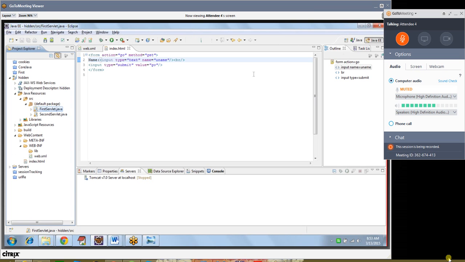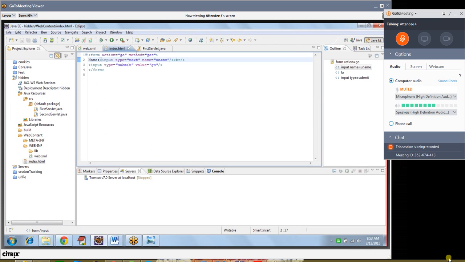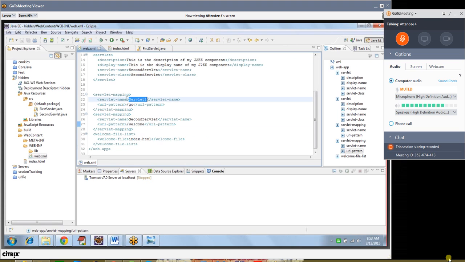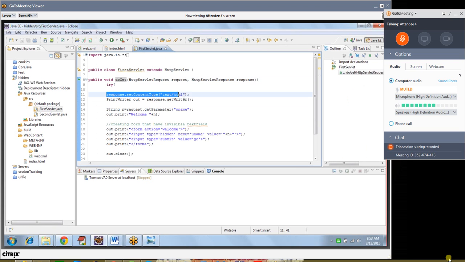So it is being displayed. So first time you come to index.html, you give your username and click on the submit button. It will take you to the go, which is configured with servlet 1. That means first servlet. Okay, so here it is doGet, and now see how we are getting the user. We are getting it with the help of the request object's getParameter. We already know this, and we are printing it out. So in the console